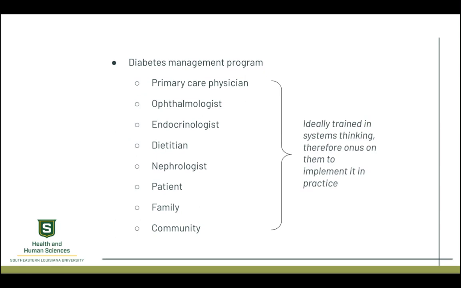All of these people need to be part of an interprofessional team, but they also need to be trained in systems thinking as a way of understanding that one piece of advice that one person gives can have a knock-on effect on the patient or